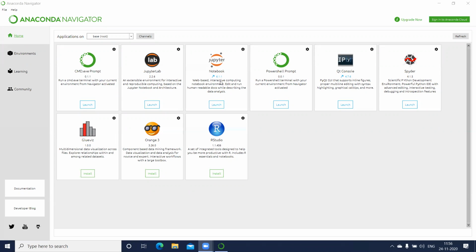The current version which I have is 6.11. Now it is a web-based interactive computing notebook environment, using which we can edit or manipulate your notebook programs, the Python programs and all. And basically, it is used more for your machine learning and all. Okay. So when we launch this,